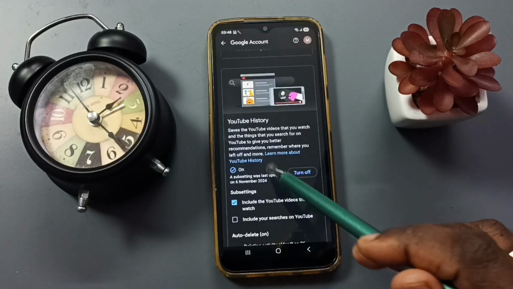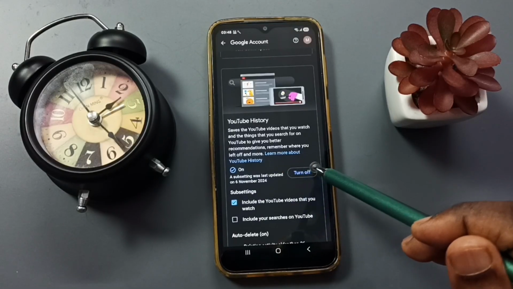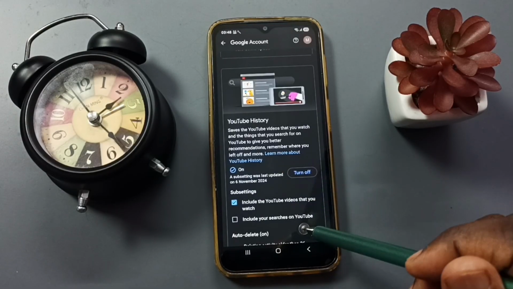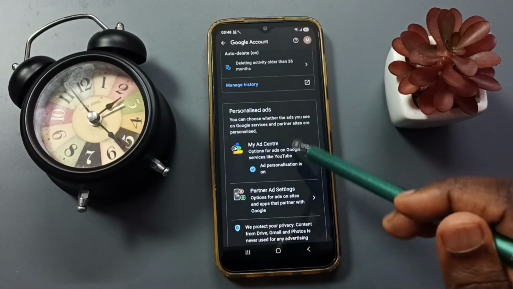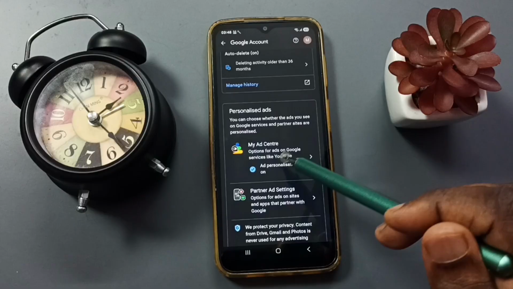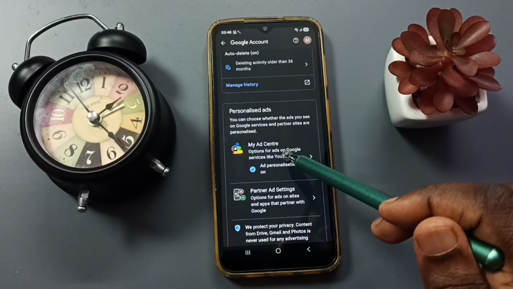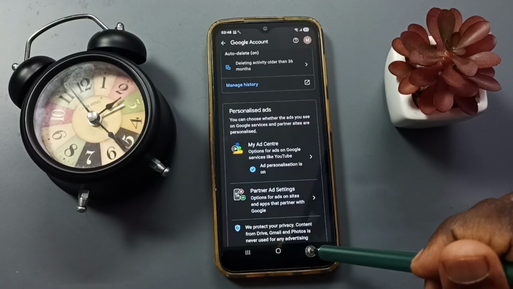Go down, then turn off YouTube history. In this phone YouTube history is on. We can tap on turn off and turn off YouTube history. Go down, then turn off personalized ads. In this phone this option is on. We can tap here and turn off. Done. Go back,